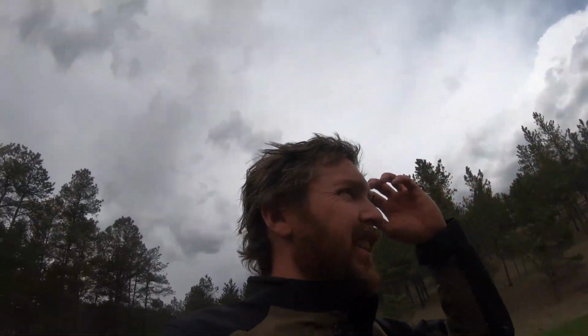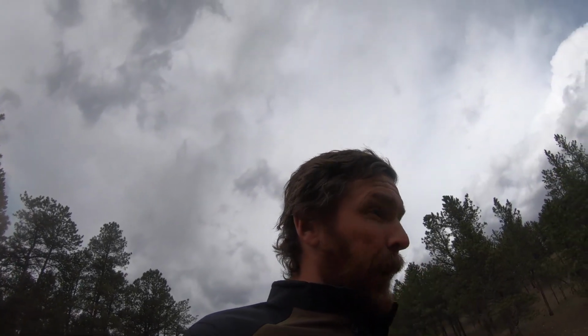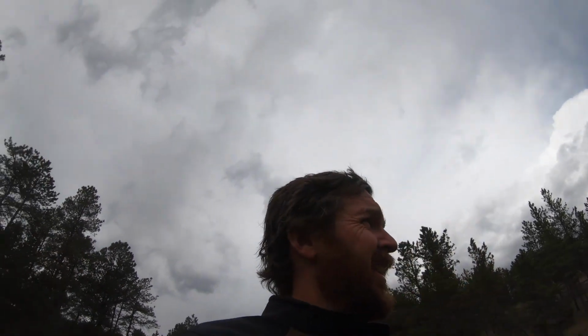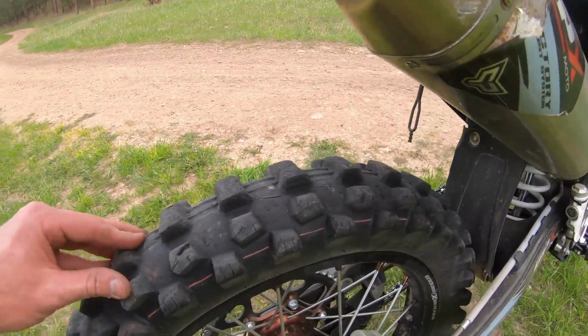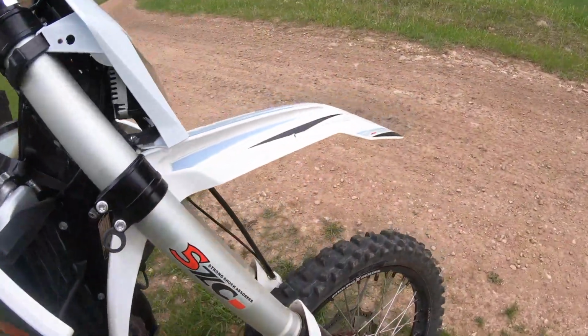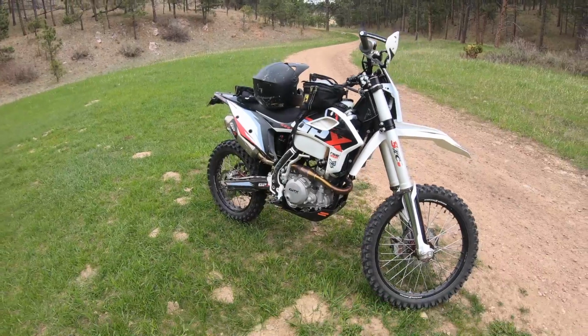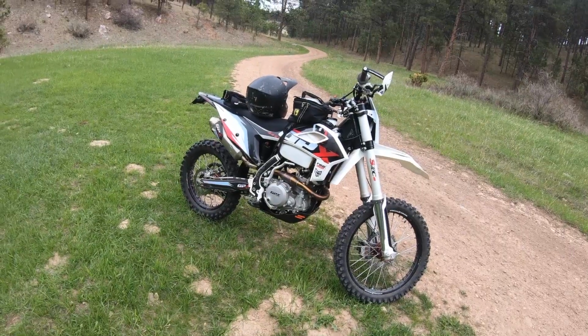Okay, so a little bit of a trail ride on the GPX. Majority road, actually more miles on road. So dual sport ride, probably 70-30 on road, which is probably something most people aren't going to do with this bike. And it did really well. Really good on road. Here you go, stock tires. Not too bad. Front, not too bad. Got some good trail riding in down this pretty fast trail. Nothing crazy, but